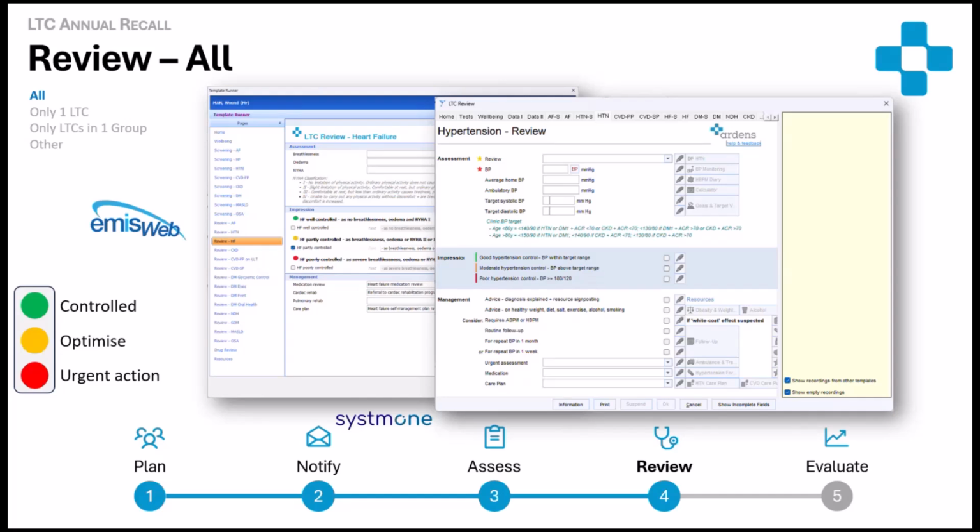That's the best case scenario. Obviously, not every patient's going to be like that, but the templates are going to allow us to view that information in an easy way to decide our next steps. Now,